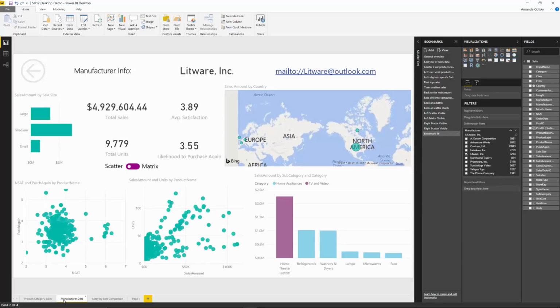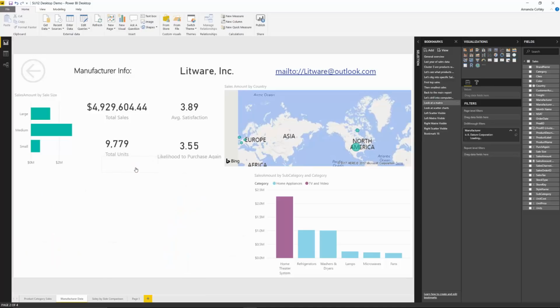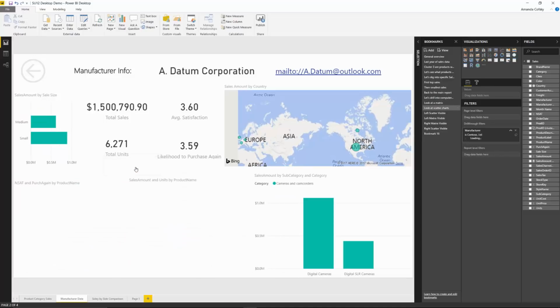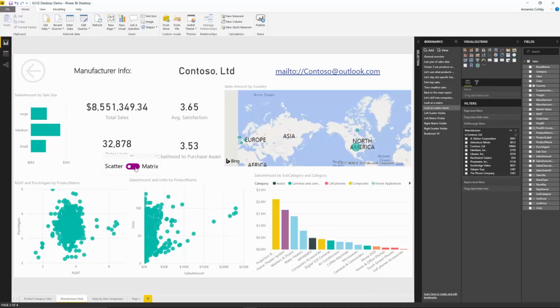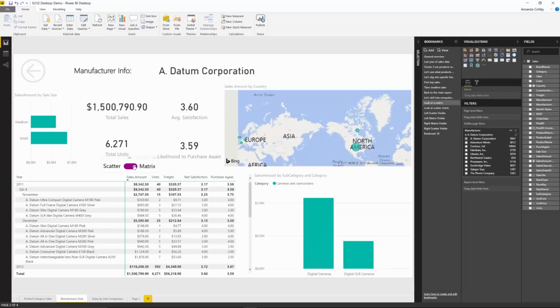in my demo that I gave for bookmarking when the feature first released, I showed how you could choose to tie a bookmark to an image. And I used this to demonstrate the hide show feature as well, and created a toggle that switched between these two scatter charts and a matrix visual. And you can see the toggle here, but you pointed out pretty quickly that this is of limited use at first,